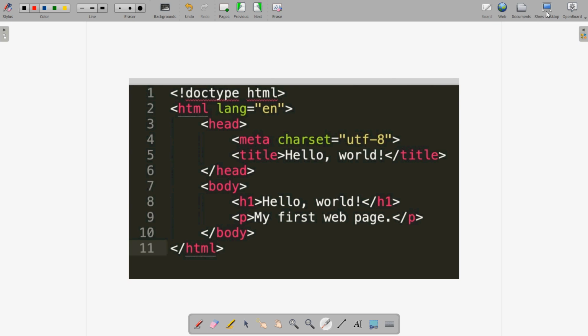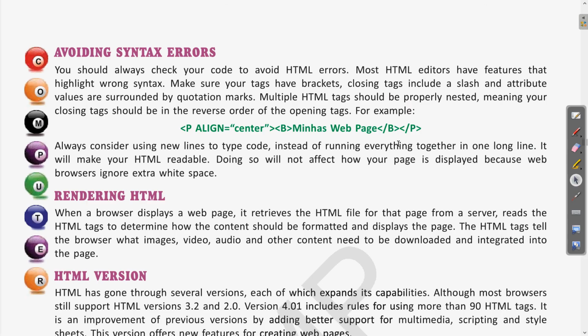We were talking about nesting, that the tags should be properly nested. Here it is talking about the same, meaning your closing tag should be in reverse order of the opening tag. Wherever we have started the opening tag, after writing all of the programming lines below that, it is required to be properly closed. So it should be properly nested.